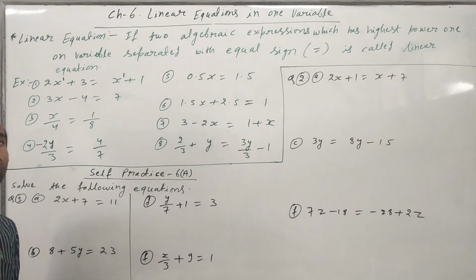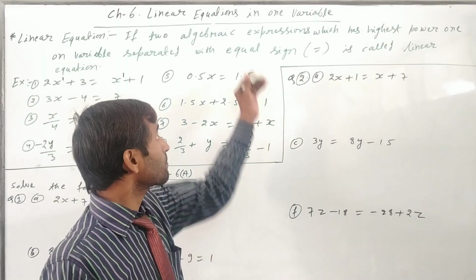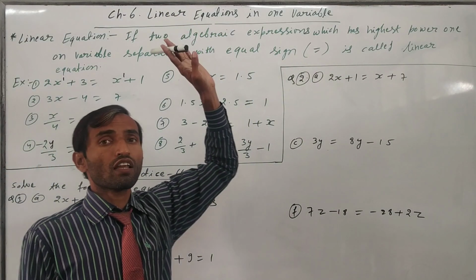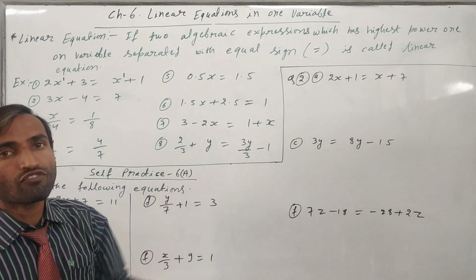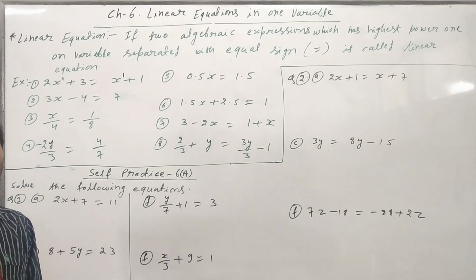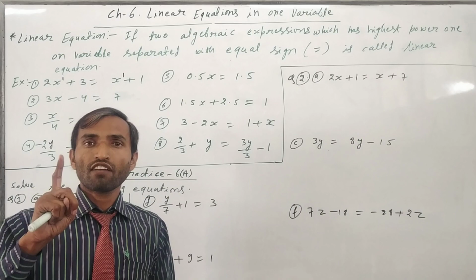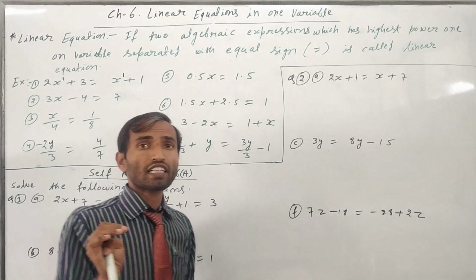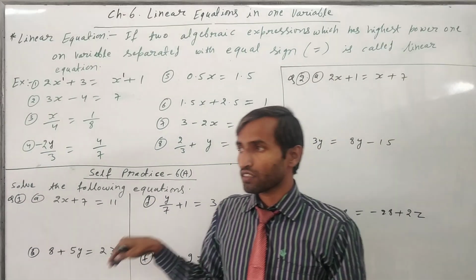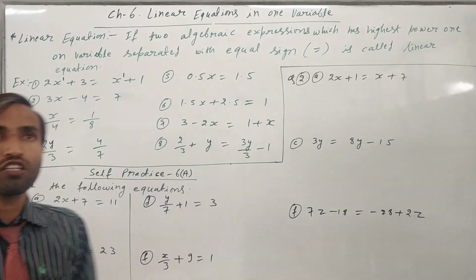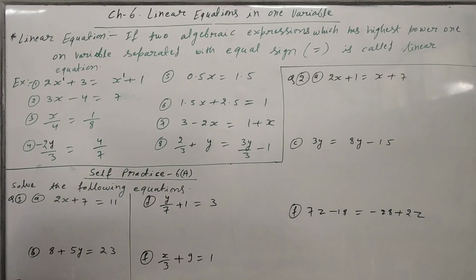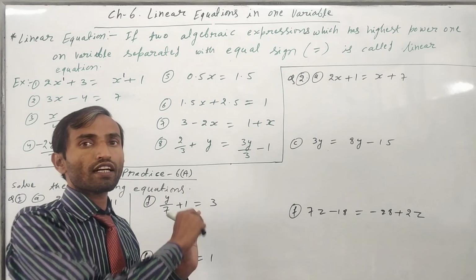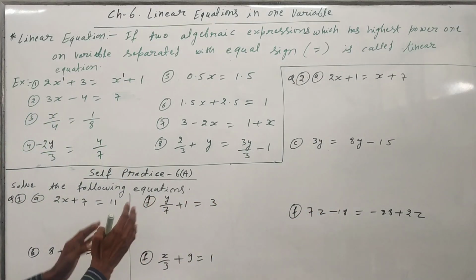For that, we have already studied this in the 6th class. In that class we learned about solving the equation by two methods. One method is the inverse operation method, and the second method is the transposition method. In this class we will use only the transposition method. In this, we have to transpose the constant numbers to one side and the variables to the other side.